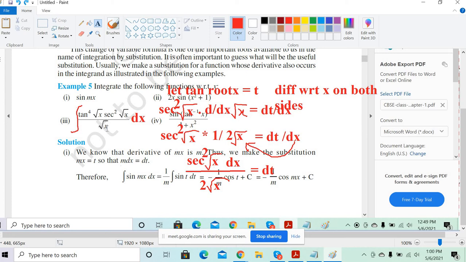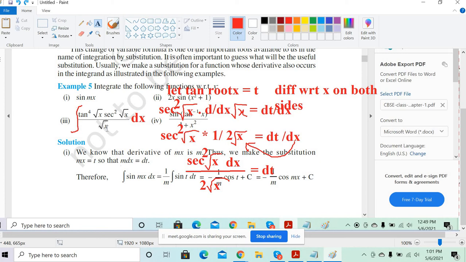And here tan is of root x and the entire power is 4, so that's why you put tan root x as t, so that when you substitute, the entire tan root x can be substituted as t, whole power 4. But we cannot substitute so easily right now, so we have to differentiate it. When we differentiated it, we got secant square root x into d by dx of root x. The root x gets differentiated as per the chain rule, so it becomes 1 by 2 root x. So 1 by 2 root x into secant square root x is equal to dt by dx.